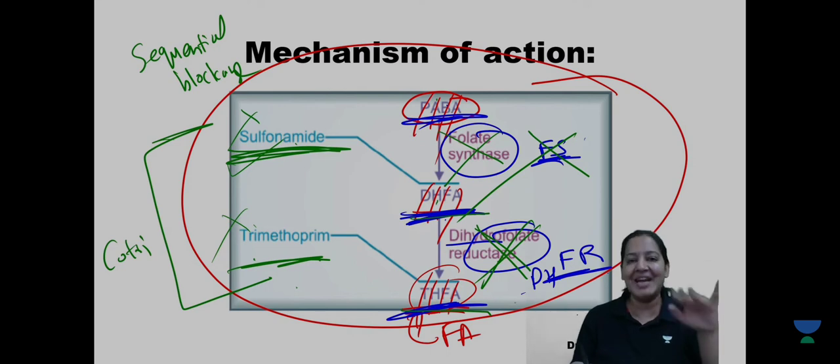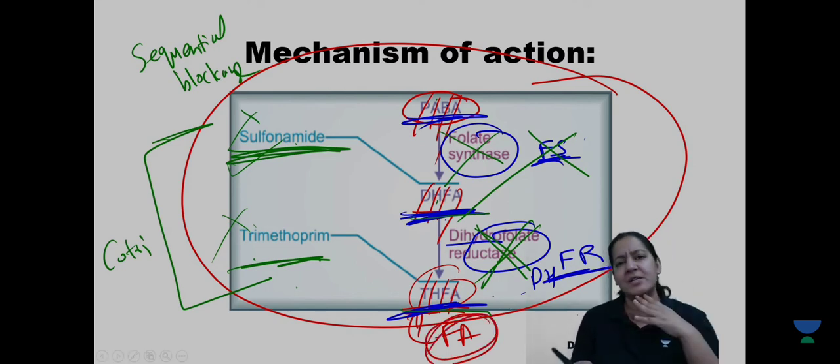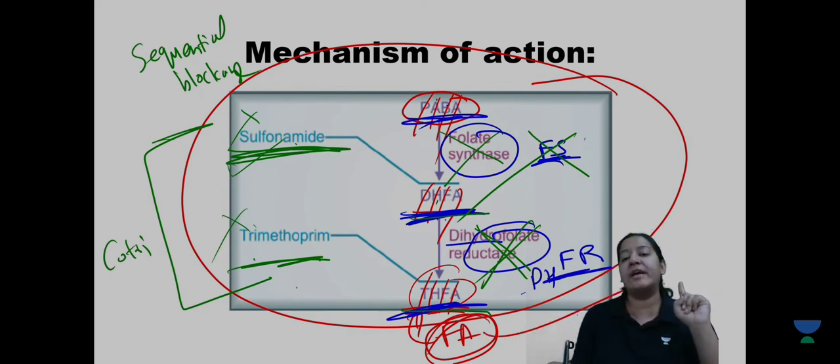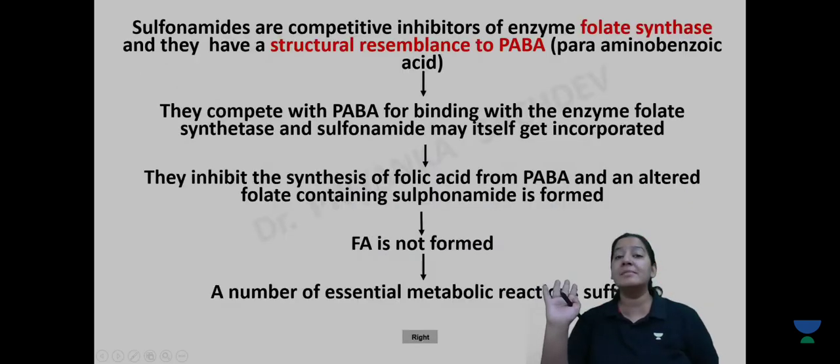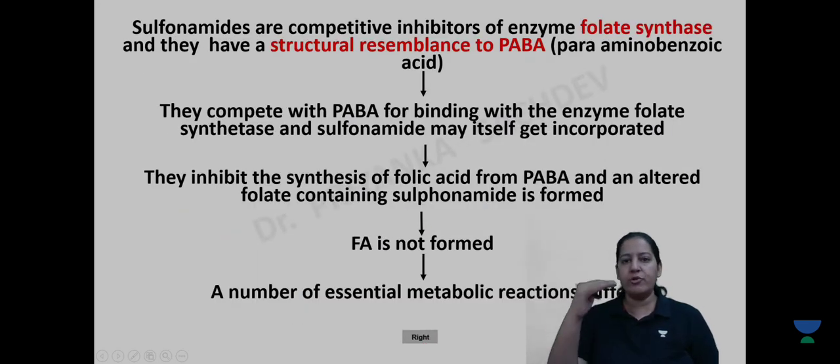So ultimately, inside bacteria, folic acid will not form. You will say, "तो क्या हुआ मैम?" In the bacteria, folic acid is absent, but folic acid is required for DNA synthesis, without which DNA cannot be synthesized. So if folic acid is absent, DNA cannot be synthesized, nucleic acid cannot be synthesized, and the bacteria will die. So this is how they act. Everyone give me a thumbs up. Do you have any doubt in that? I guess no. So you have to write like this.